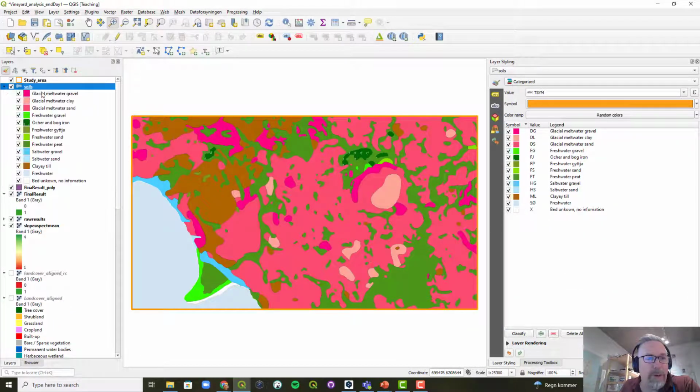So here are my soils, and I can see the legend of the different types that we have, and there's an attribute value called TSYM that we have a legend entered for, so we have these in English. And I'm interested in just 3 of these, the glacier meltwater clay, the glacier meltwater sand, and the clayey till. So I'm going to open up the attribute for this data set,